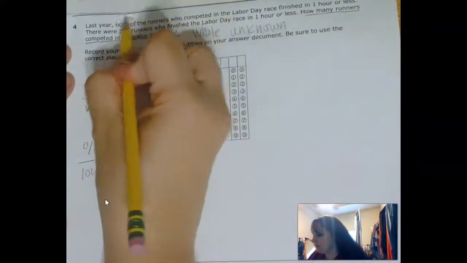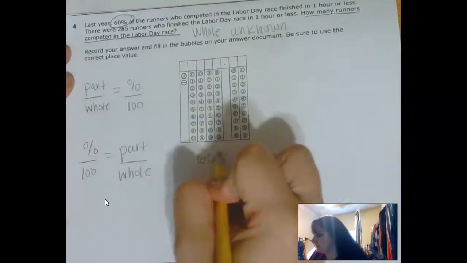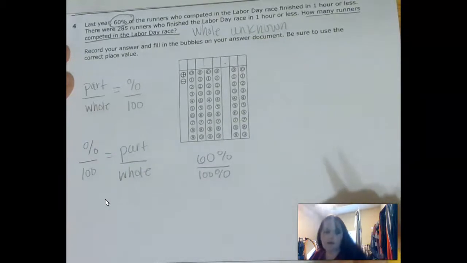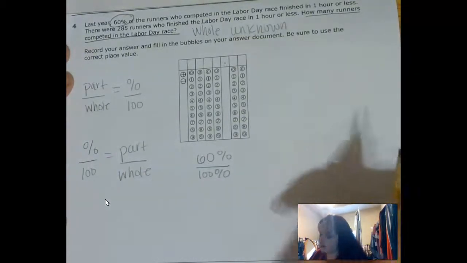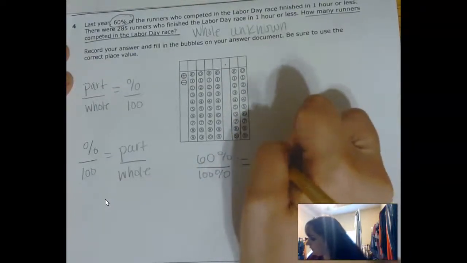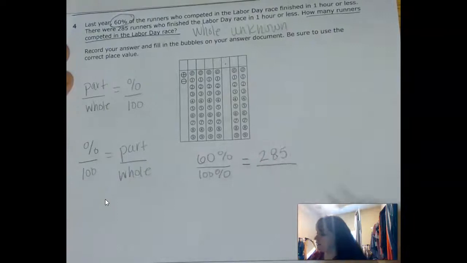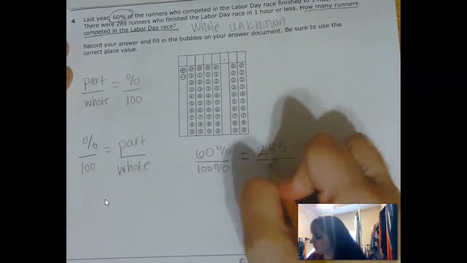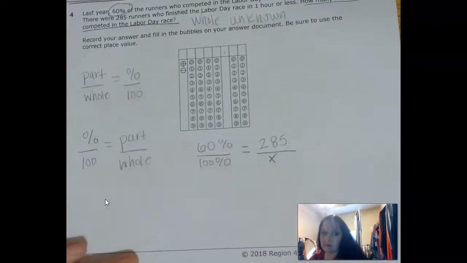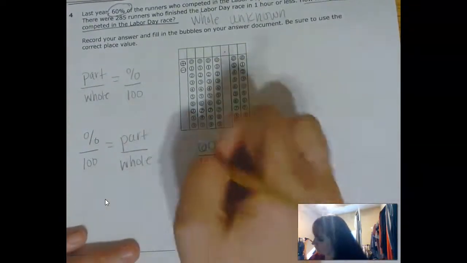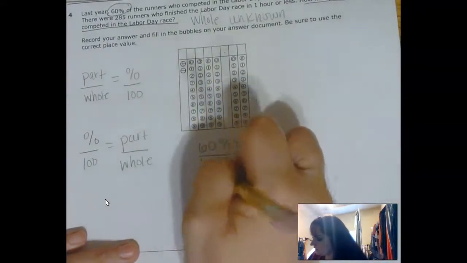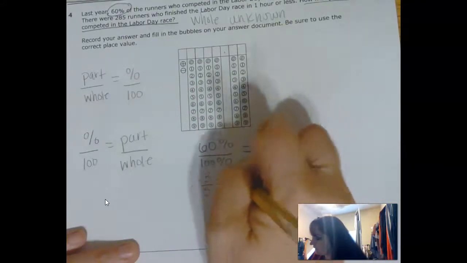So I'm giving my percentage, 60% out of 100%. Well, that automatically simplifies to 6/10 or 3/5 equals 285 of them finished in an hour or less. How many total were there? So let's simplify the 60 over 100, which is 6/10 or 3/5, is equal to 285 over